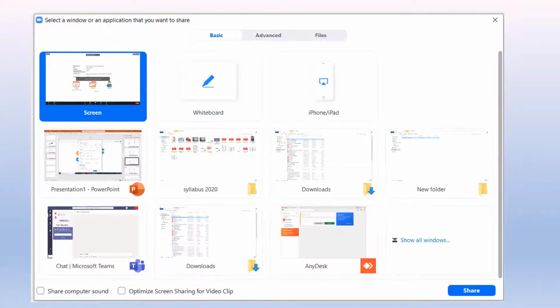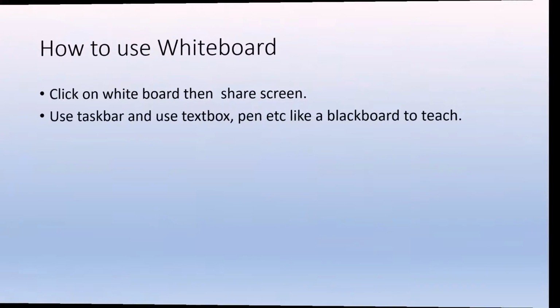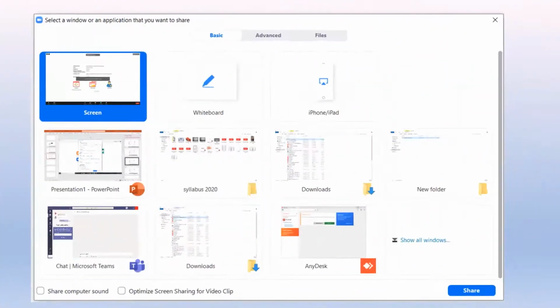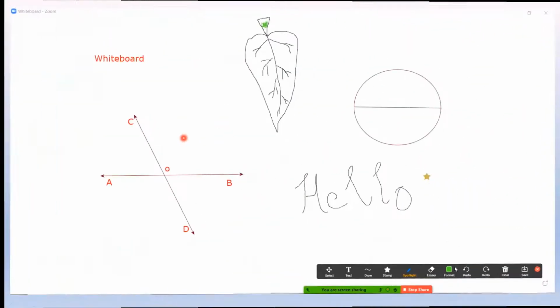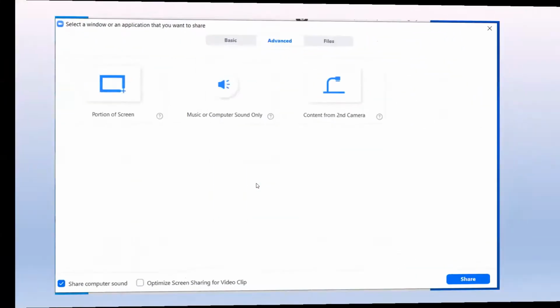So if I click on Whiteboard, okay, I can share my screen. On the Whiteboard, you have a taskbar and you can use text box, pen, draw tools, etc. So when you click on it, remember Whiteboard is here. Click on Whiteboard and say share. Once you say that, you will get a whiteboard like this. Now, to give you an example,